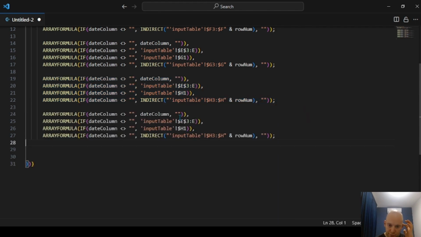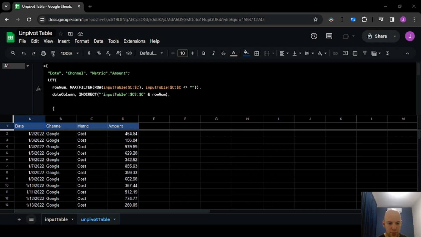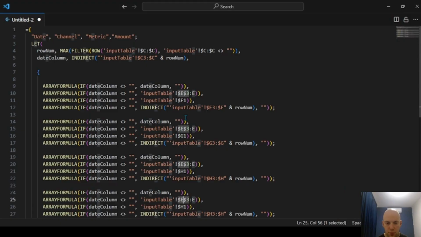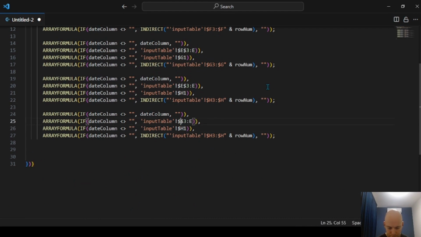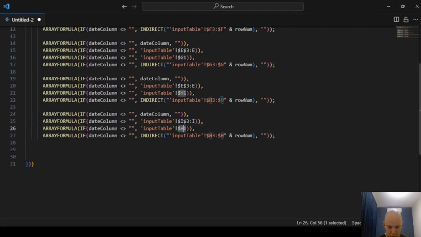So this next one, we're going to be getting Facebook. So that has to do with this reference here. If we go back to Sheets, we can see that Google was channel E and I is channel Facebook. So we're going to go back to the code here. We're going to go I for that channel. Then we're going to do, I don't know my alphabet, JKL. Okay, we're going to do JKL. So instead of H, we're going to do J,